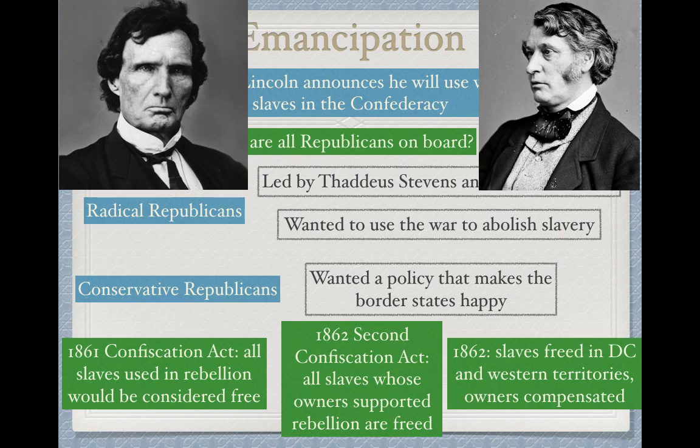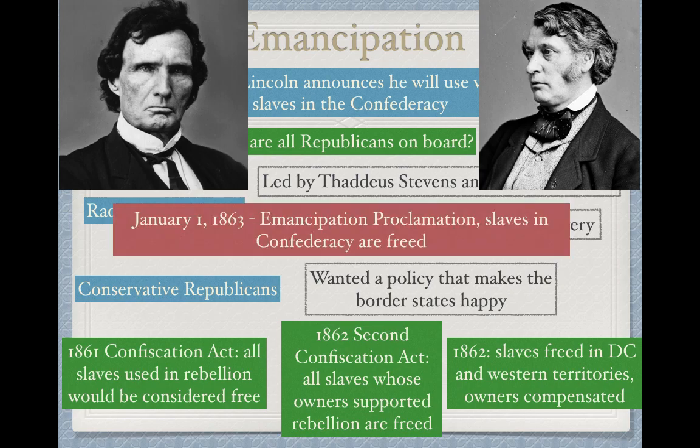who want to adopt a policy that makes the border states happy. Because remember, the border states stayed in the Union, and conservative Republicans don't want to push border states to join the Confederacy. Also, a lot of conservative Republicans are members of border states. Okay, so they would not want to free all the slaves. So the Emancipation Proclamation will be issued on January 1st of 1863, and it's a bit of a compromise because